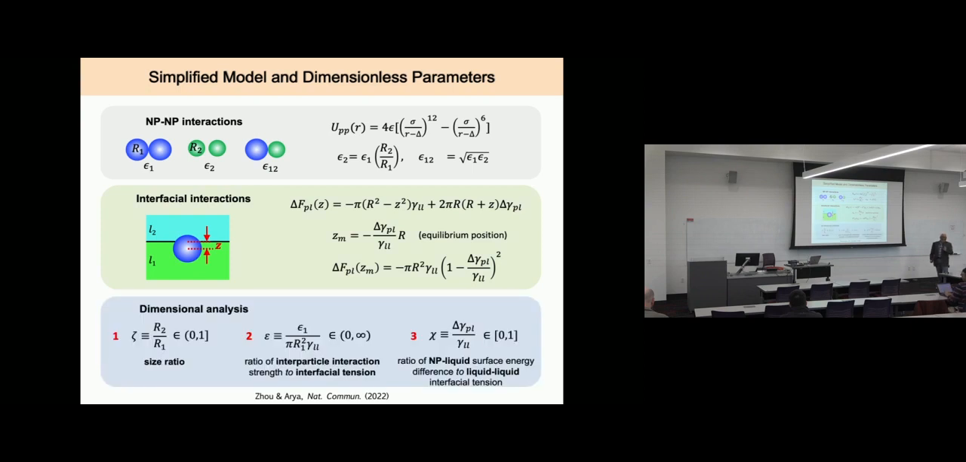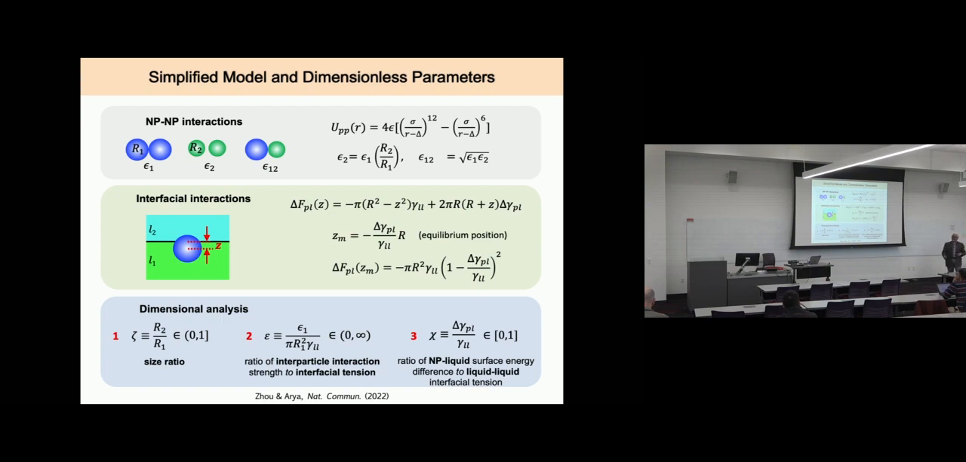We came up with 3 key dimensionless parameters that dictate the entire physics of this. Okay, one is obviously the size ratio of the 2 particles. Okay, the other is the interaction strength between particles versus the interfacial tension. Remember that's the competition that you want to model, right? And the third is basically the difference in how this particle likes one fluid over the other, that surface energy difference, normalized by the surface tension between the 2 fluids. Okay, that's already there. So these are your 3 dimensionless parameters, and with these you can now start to explore